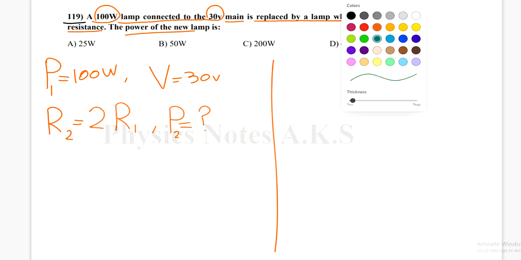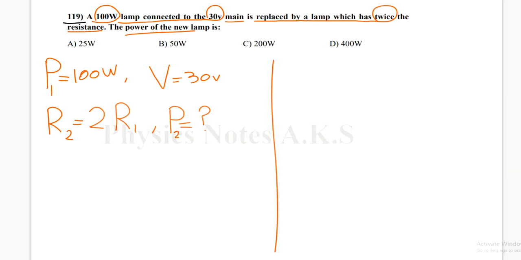Okay, let me use this. Good. Now, first of all, I need to know how much is each resistance, R1 and R2. Okay, I'm going to use the information that I have. Of course, I have the formula: power P equals potential difference squared over resistance. So, P1 equals V squared over